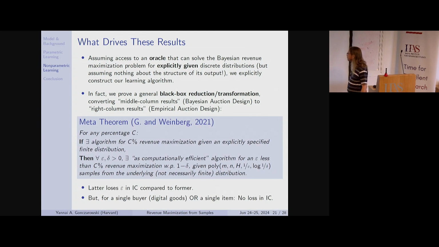Can I ask a question? So first, why is there dependence on H? Can it always be normalized, divided by H or something? One thing here is that we're doing an additive epsilon, not a multiplicative epsilon. So this answers your question.